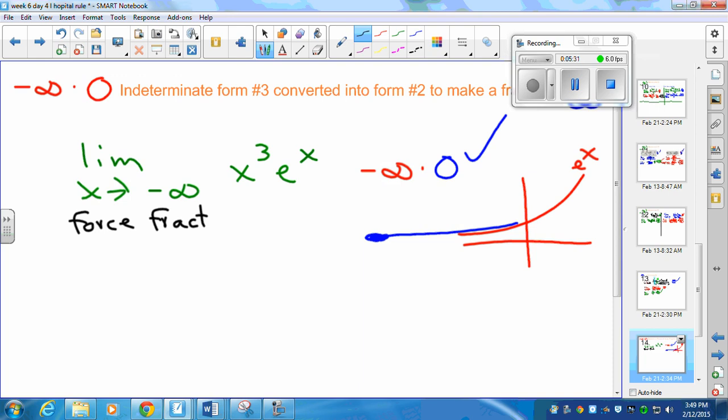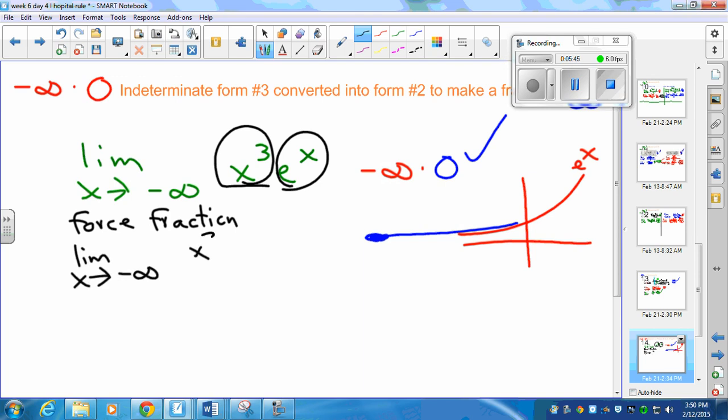And when I force that fraction, I'm going to pull that guy down, or I'm going to pull this guy down. You have a choice between which guy you're going to pull down. So let's try this. Limit as x goes to negative infinity. Let's keep this guy up, and let's pull that guy down. Okay. Now, let's see what we can get. So when I look at this, I'm going to plug in, and I get